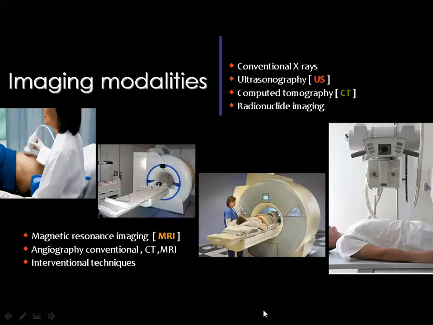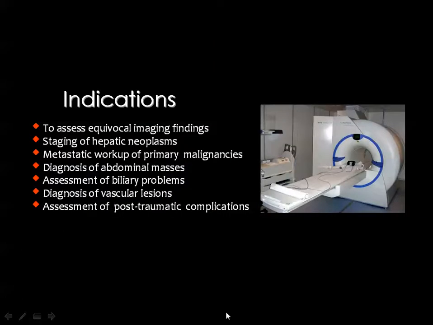Then, you know that the abdomen can be imaged by many techniques, including X-rays, ultrasound, CT scan, MRI, and some of the radionuclide imaging techniques, as well as the angiographic techniques usually performed by CT or MRI, and also some interventional techniques. One of the major diagnostic modalities in assessment of the abdomen is the CT scan. Of course, the battery of imaging will start by ultrasound, but the CT has a major role in evaluation of